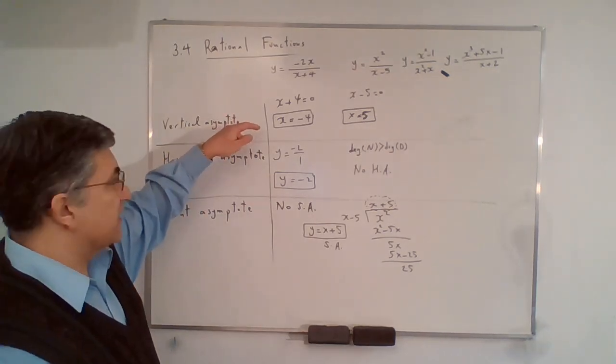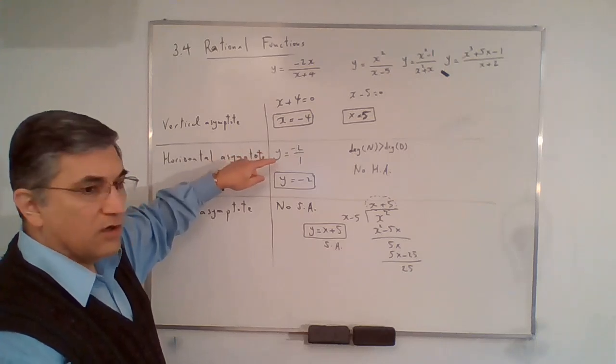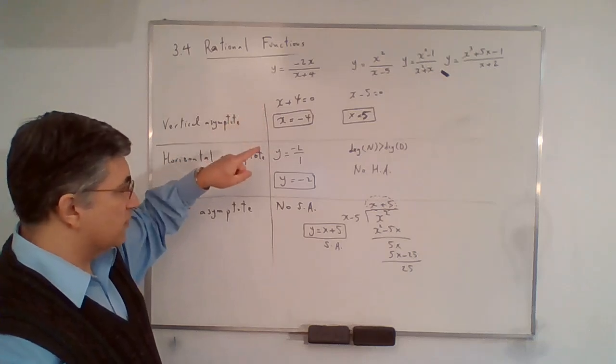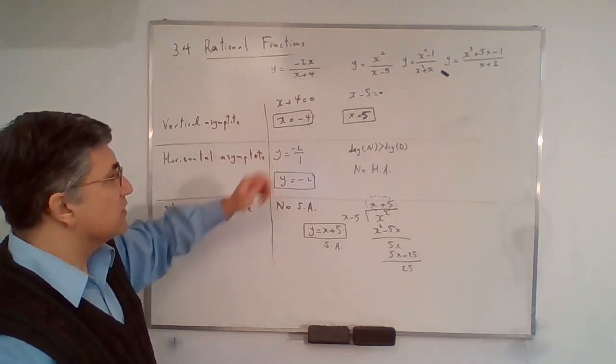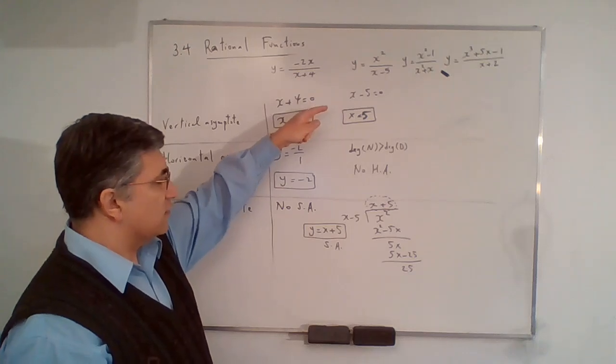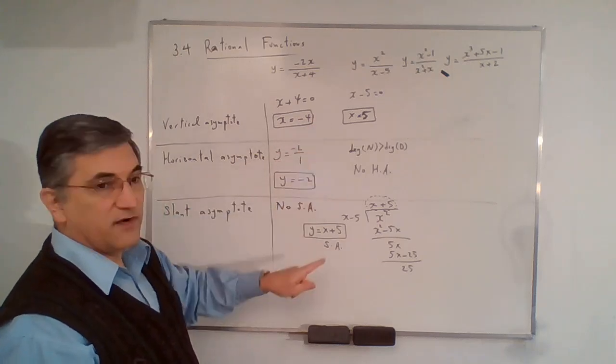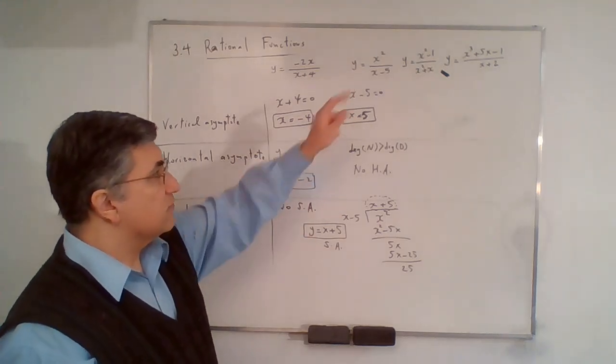So in the past exercise, we had one vertical, one horizontal, no slant asymptote. In the one before, one vertical asymptote, one horizontal, and no slant asymptote. In this one, we have one vertical, no horizontal asymptote, and one slant asymptote. And we did find all the equations. For this next one,